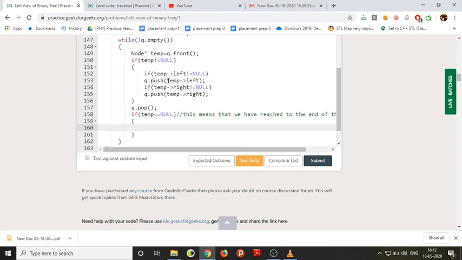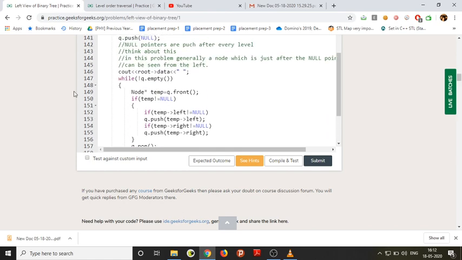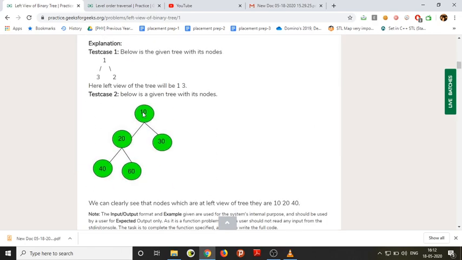Whenever temp is not equal to null, let's say like here, first 10 will be pushed, then null, then 20, then 30, then null. So when the current node is 10, its left as well as right, 20 and 30, will be pushed automatically.